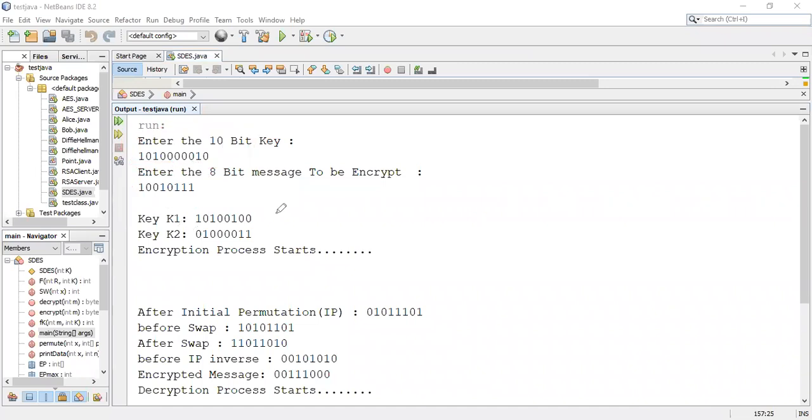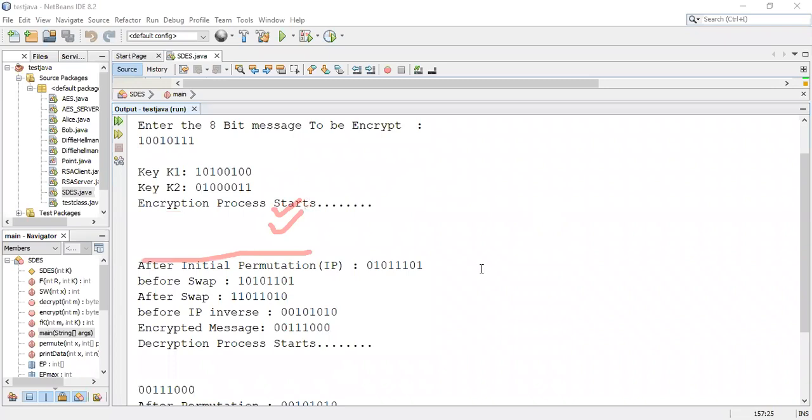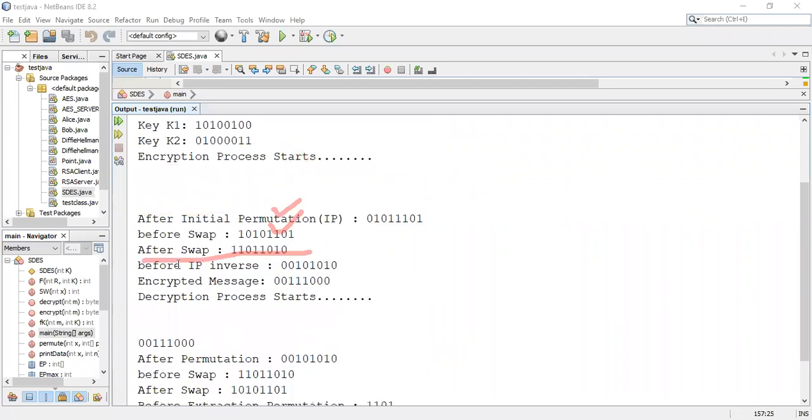Now key 1 and key 2 are generated and the encryption process starts. Once the encryption process starts, after encryption what I have got before swapping, see, this is the initial permutation. That is the initial permutation I have done. And then before swap and after swap these numbers, and then the inverse IP, the inverse I have told you. That is the initial permutation inverse, and this is my encrypted message.